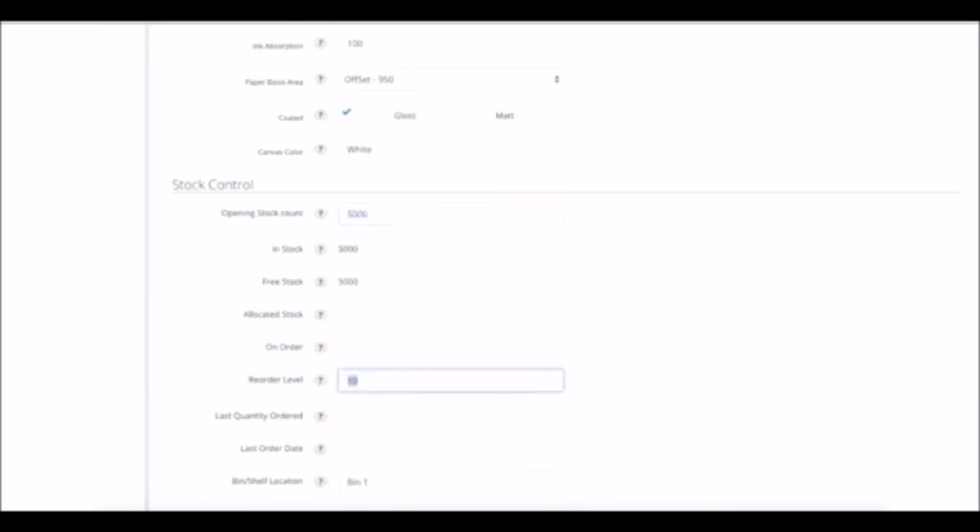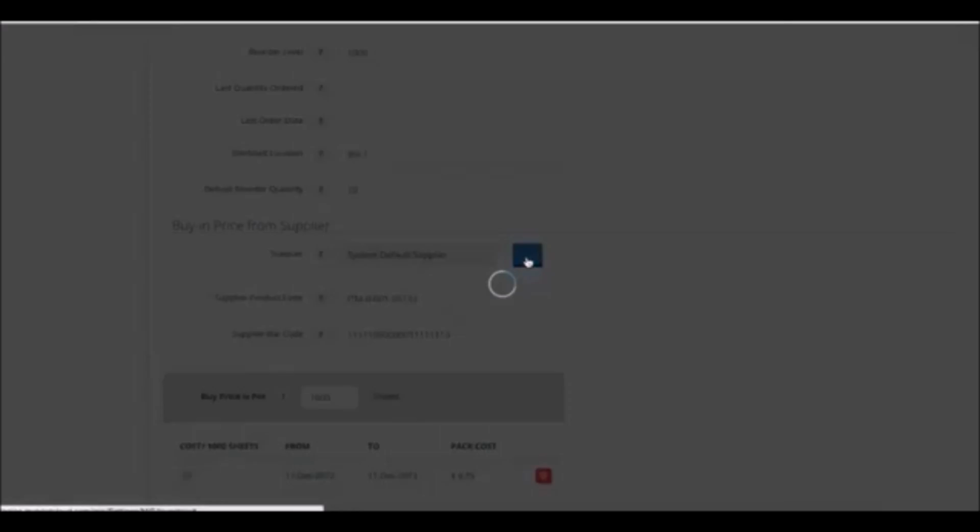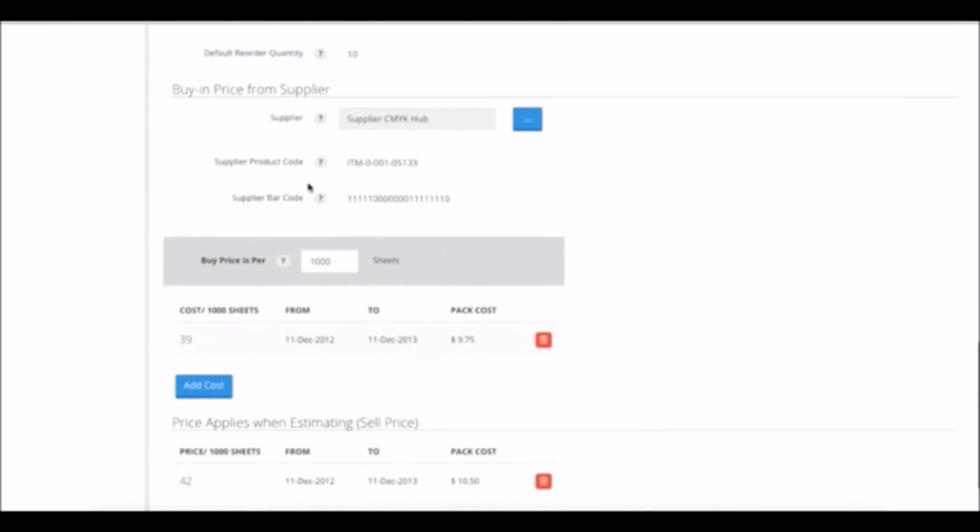So this might be, for example, 5,000, and you can set a reorder level at 1,000, and you can give it a location as well. You want to link this item to a supplier, and give it a supplier product code and a supplier barcode. And this is where I will now set up my cost and my actual system sell price. So this is sold before markup, and I can add in my cost, and the system will keep track of what your costs are, varying